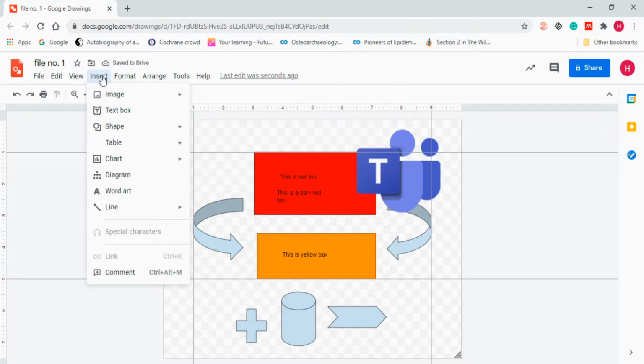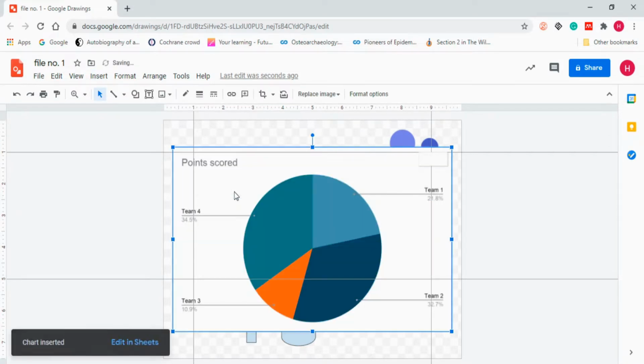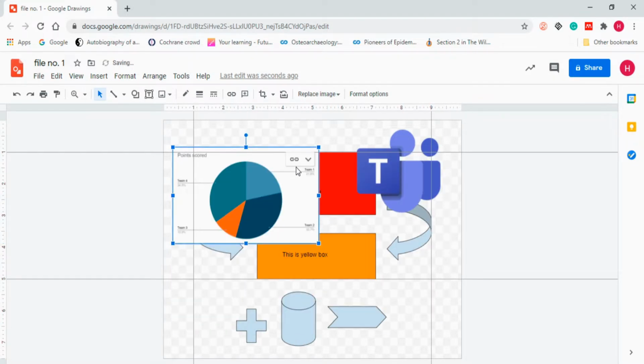After this, we have another option, that is chart. So just a general reminder for everyone that when you insert a chart, the chart is always linked to a Sheets option. So for example, let me insert a pie chart. So it is inserting a pie chart. Now you can see this is a pie chart that has been inserted in our Google Drawing. But in here you will see it is a linked chart option because it is linked with Google Sheets.